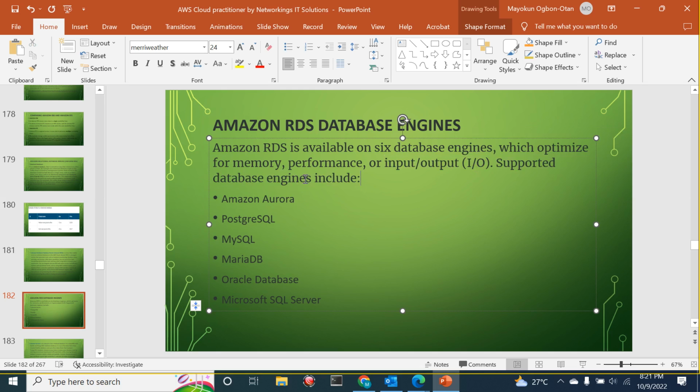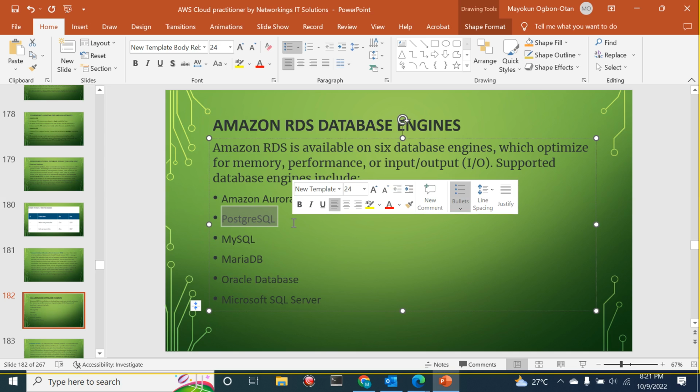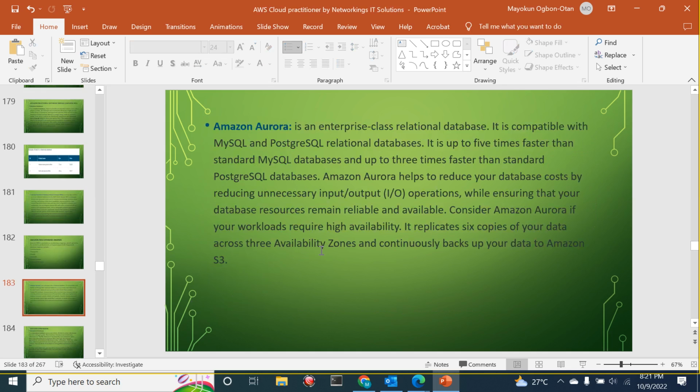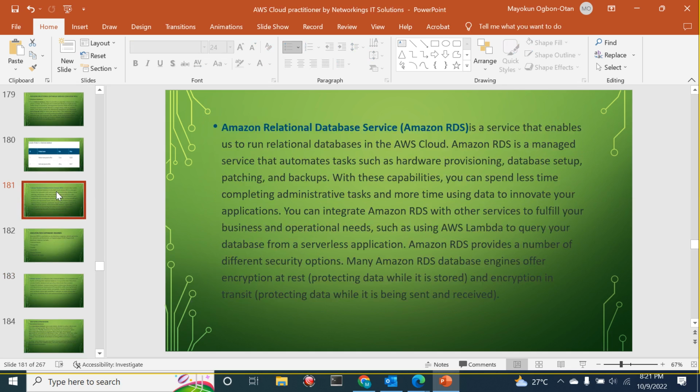Now, supported database engines include Amazon Aurora, PostgreSQL, MySQL, MariaDB, Oracle Database, and Microsoft SQL Server. All of these are database engines that you can deploy on your own. Like we are going to deploy either of these two in a Linux box, either CentOS or Ubuntu, as we proceed in our project. So